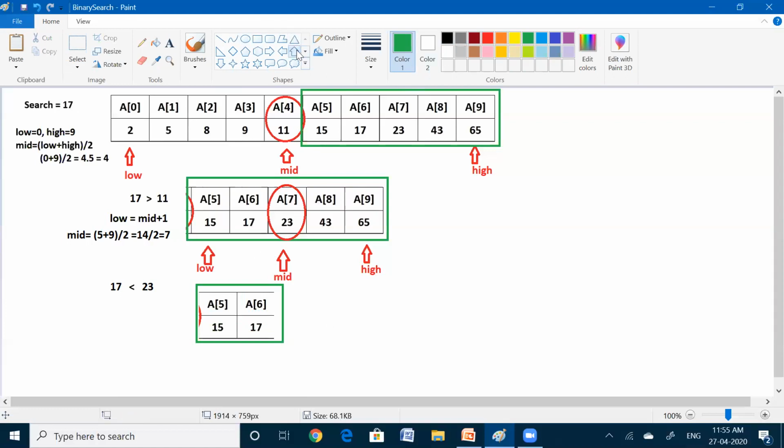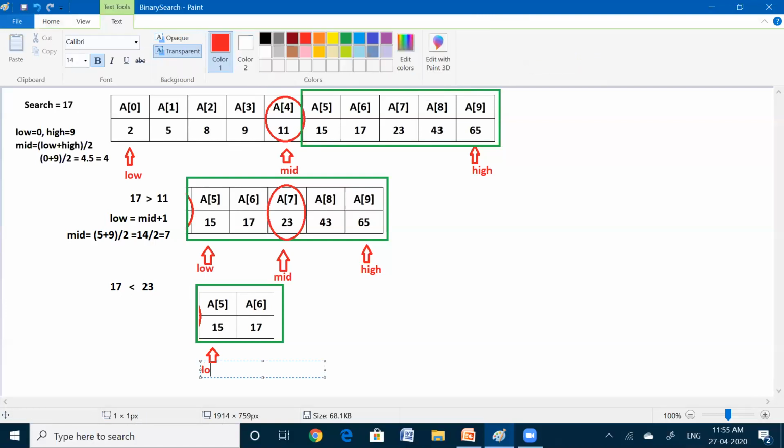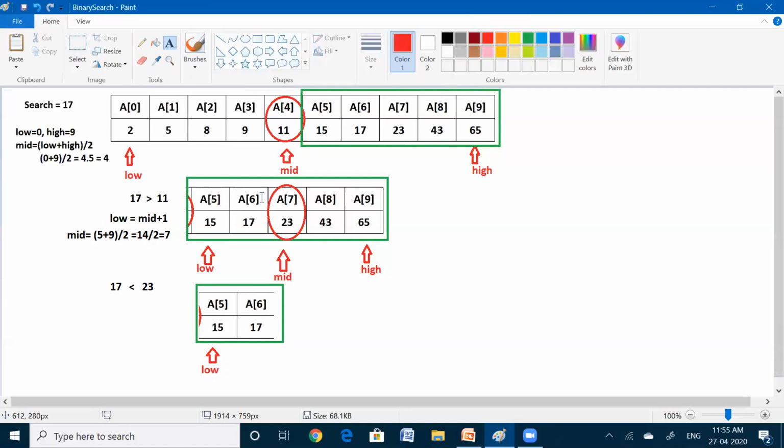Now, which will be the high value and low value? If you observe these two elements, previously this is the low value. Now we are taking only this part. So the low value will be as usual. Low value is not changing here. So A of 5 will be the usual low value. But if you observe the previous list, previously A of 9 is the high value. But in this list, A of 9 is not there. So here we have A of 6, the last element in the list.